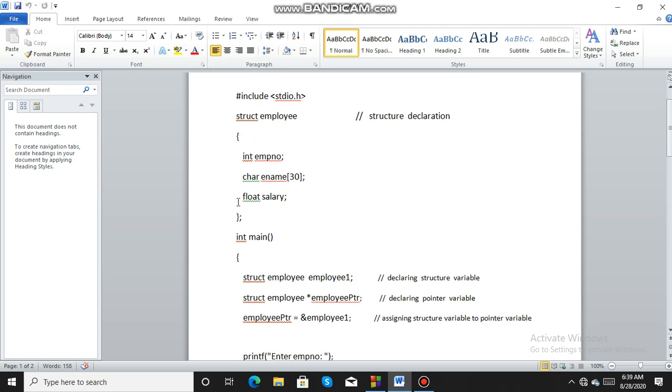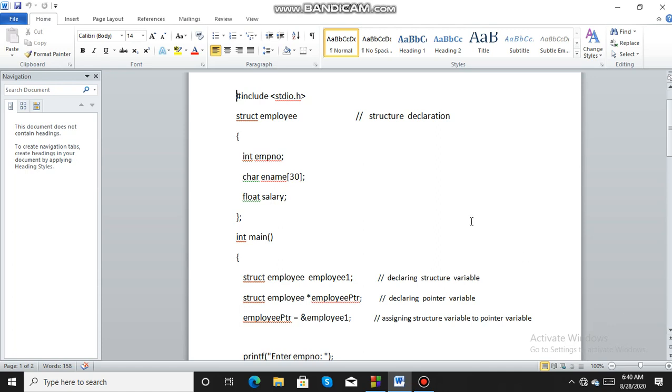Then you have braces, and within the braces you have the data items, that is employee number, ename and salary in this case. These are called members of the structure.